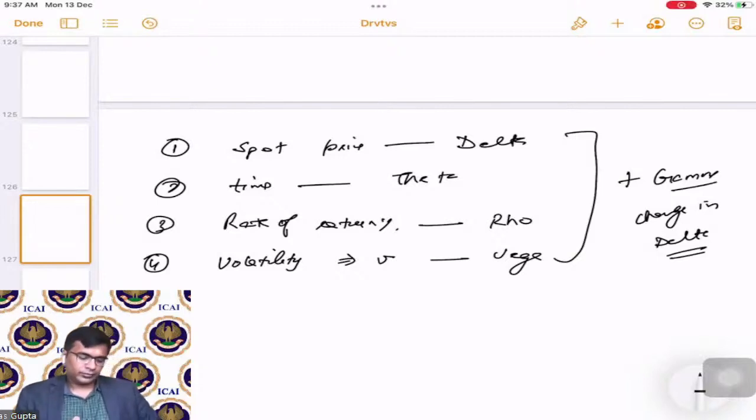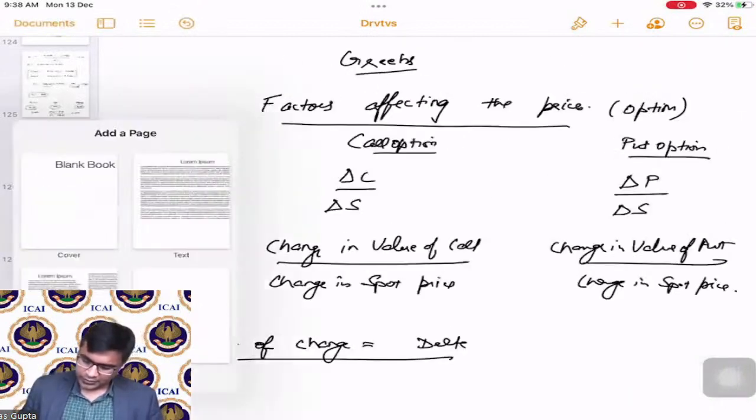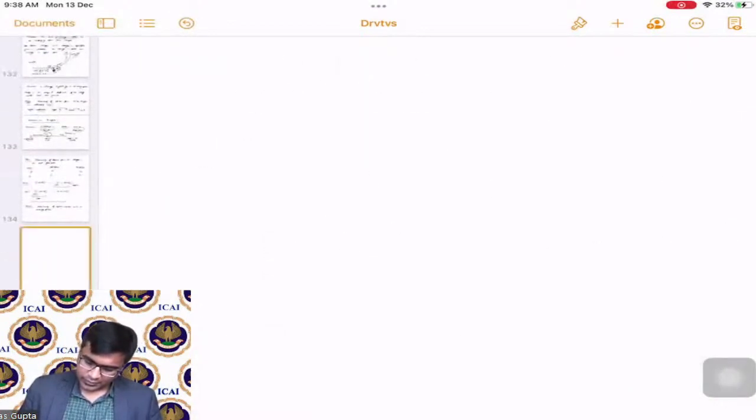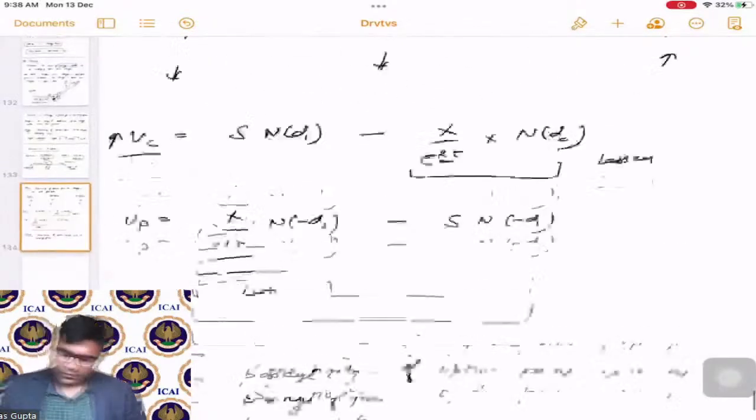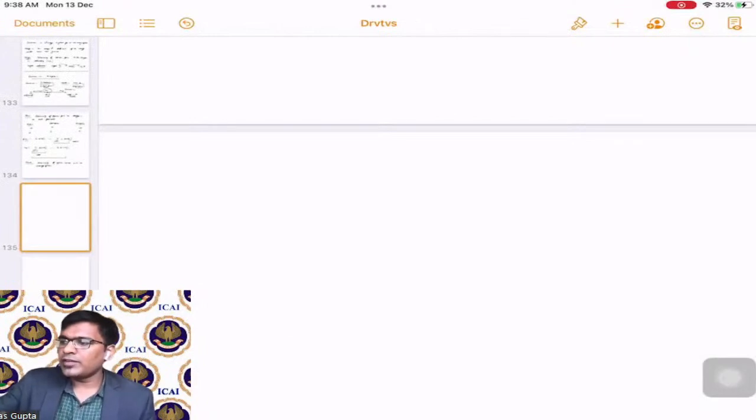Now, the last part that is left is the embedded derivatives. Yes. So now the last part from the understanding point of view left is,